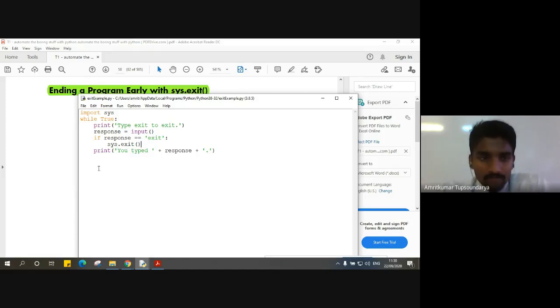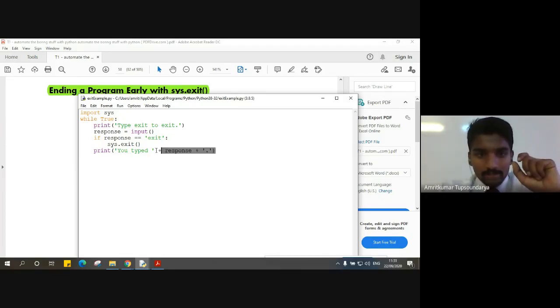System.sys.exit function. Now, once we are out of this if clause, we are going to print "You typed" and then whatever your response was. So we hopefully will be able to get the response that is exit: "You typed exit."